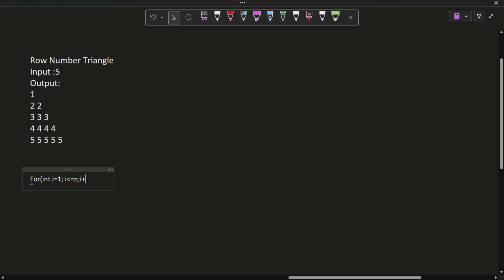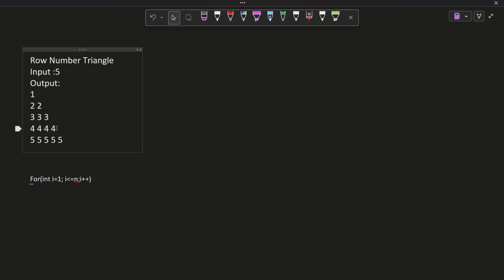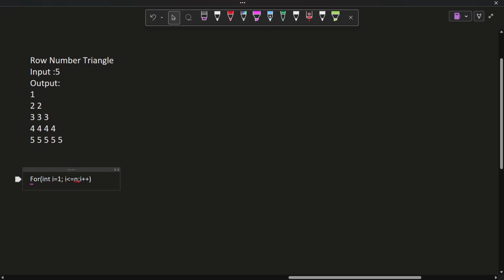followed by i incrementation. Why are we incrementing i? Because in every row, the number of digits is increasing. It's not decreasing. In the inverted right angle, the value was decreasing, so there we used the decrement operator. Here we will be incrementing it in every row. So this condition remains the same. Next, what I'll do,